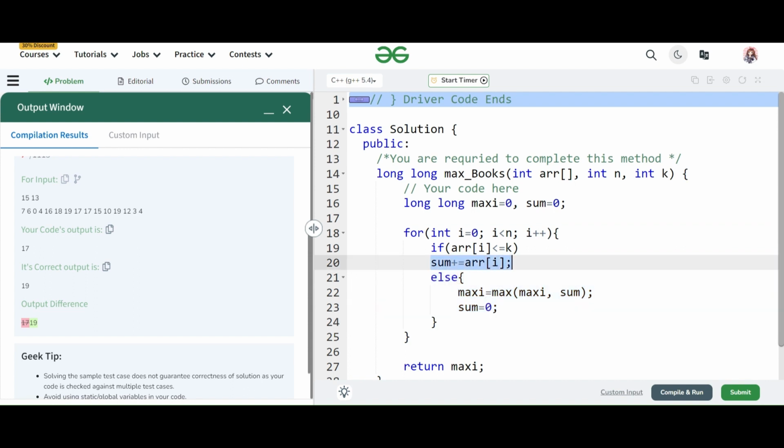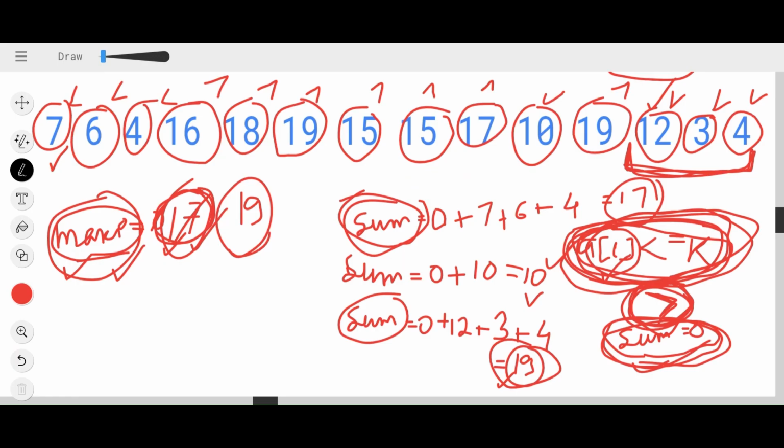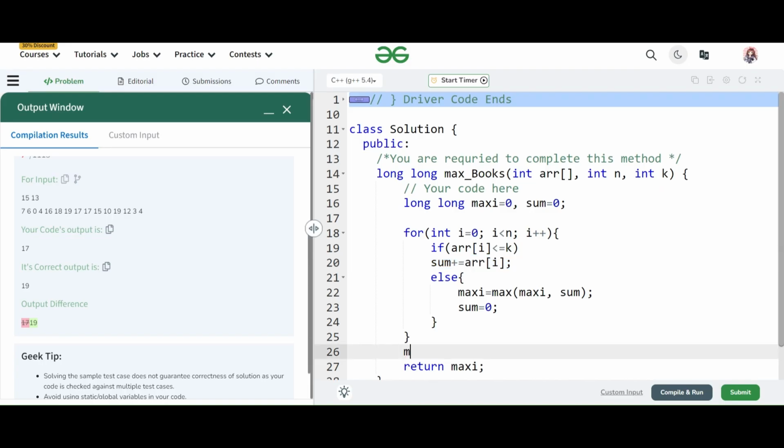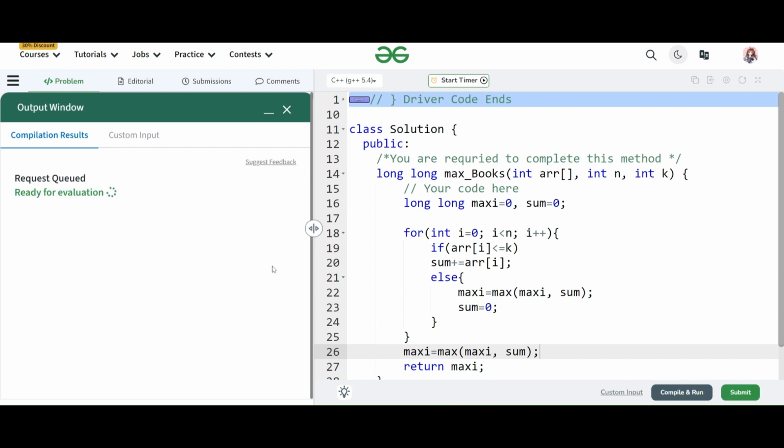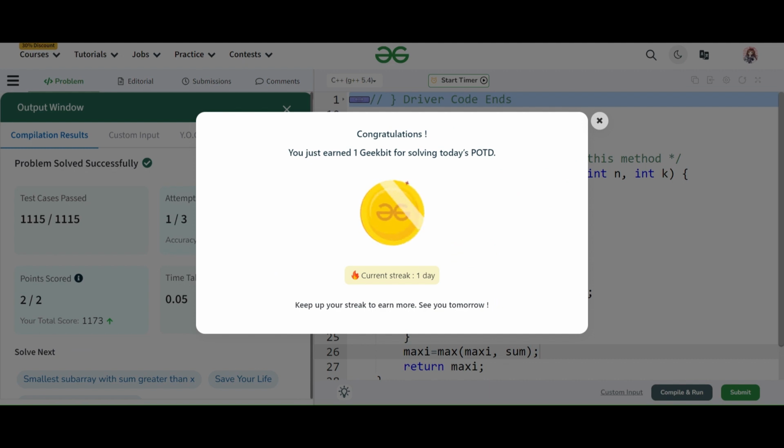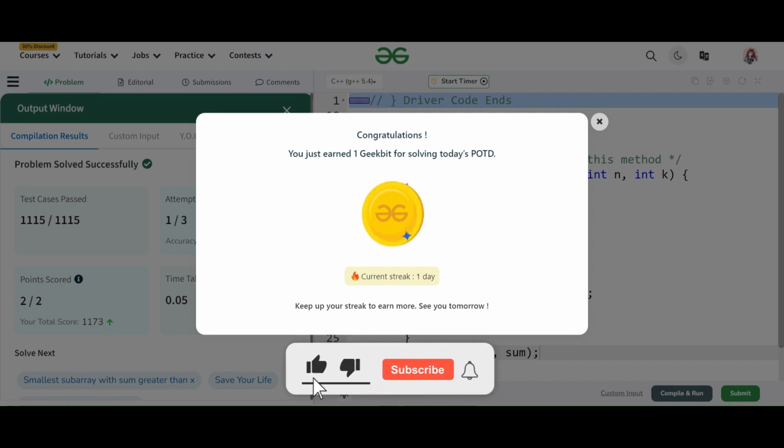So I am simply summing up all the elements in the last sequence, but I'm not comparing it. So at last, I need to compare it with the existing maxi. So let's compare. Now let's submit. Okay. So the problem has been solved successfully.